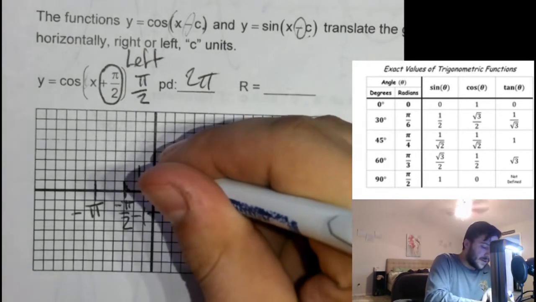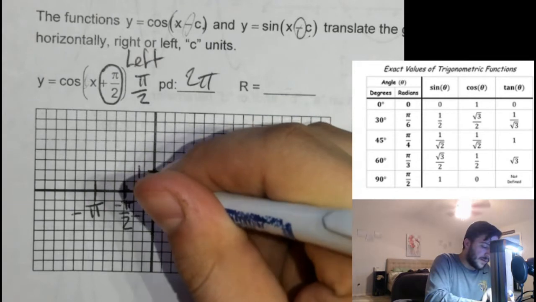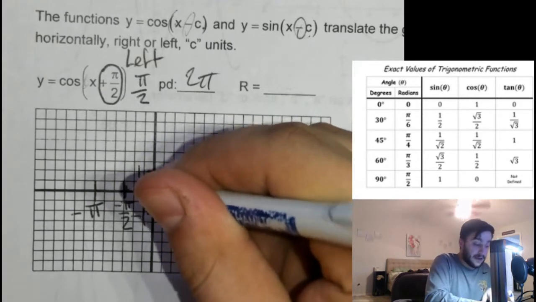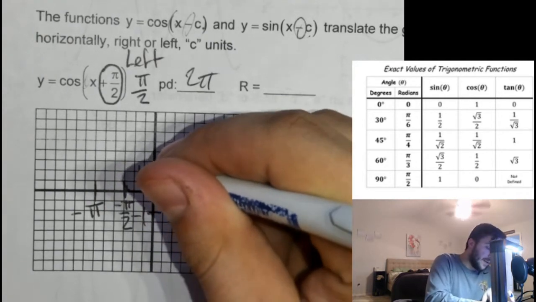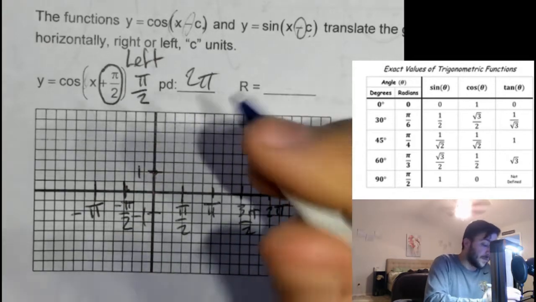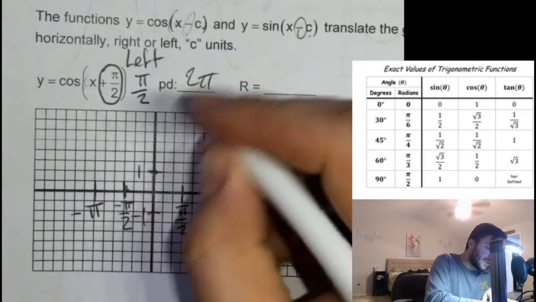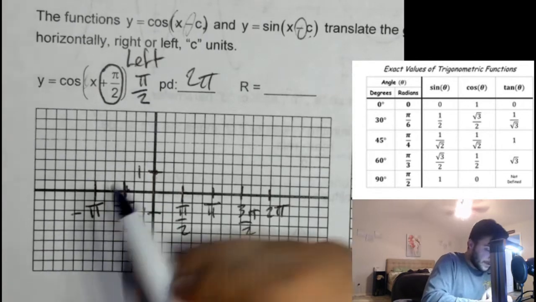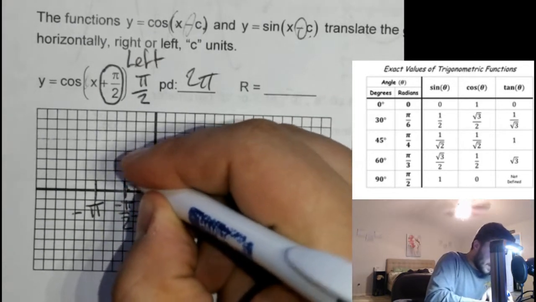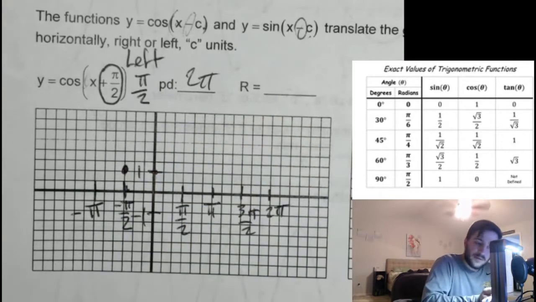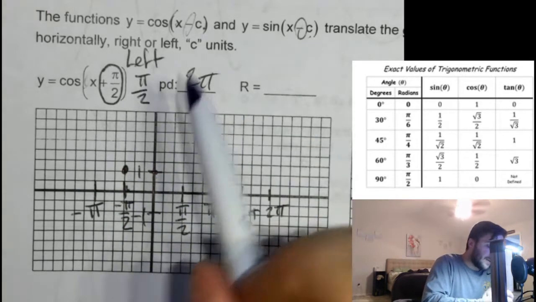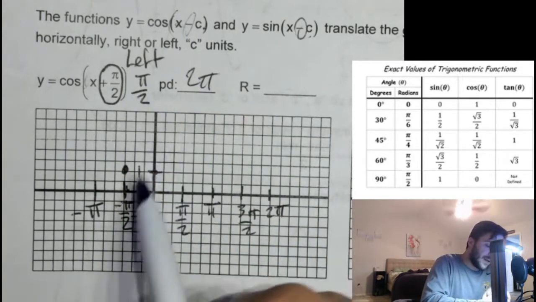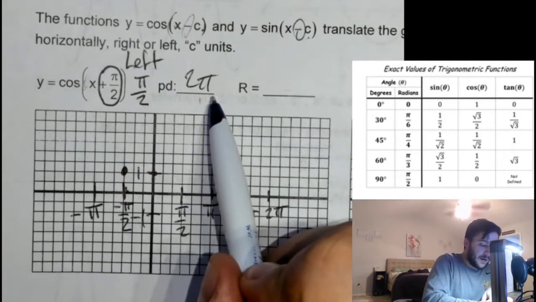Everything, instead of starting at the angle 0, x is 0, and then starting at 1 and ending at 1. We're still going to start at 1, but our new starting point has shifted to the left by pi over 2. So that's 3 boxes. So now our new starting point is here at negative pi over 2. Now you'd be tempted to say, oh, hey, we're going to end at 2 pi. My period is 2 pi. But